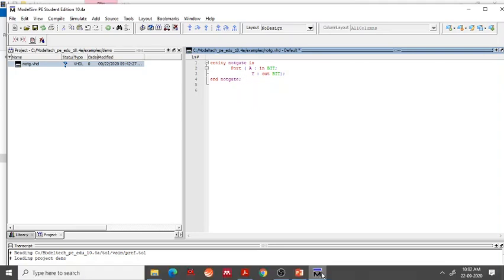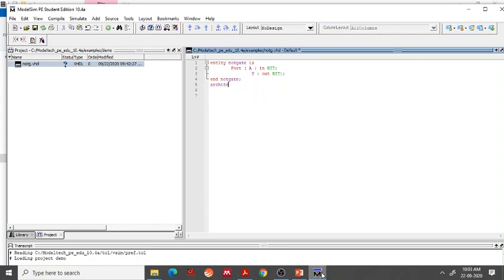Now let us write the architecture for the entity NOT gate. We should specify the entity name for which we are writing the architecture body. Architecture statements should be inside the begin and end keywords.